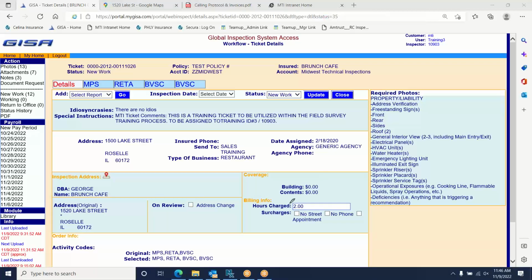Another thing you are required to do on our inspections is put in your charges. I'm going to explain how this works for the next 4 or 5 minutes. We have both commercial lines and personal lines work. I drew the red line there, splitting up 2 sections. Above that red line, there is a little white box that says hours charged, and you're able to click inside that box and put in your hourly charge